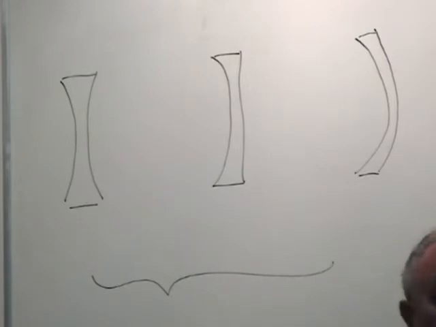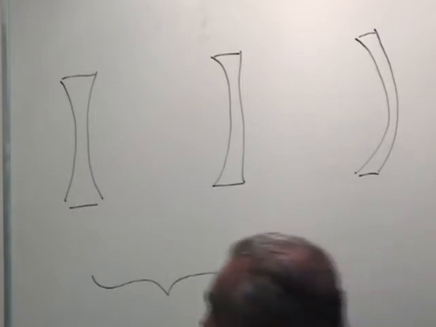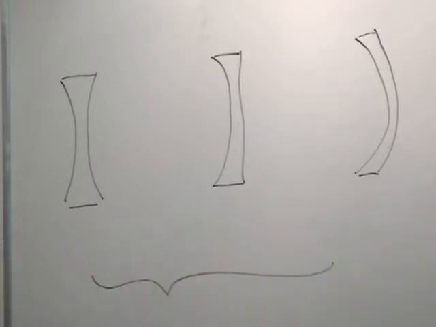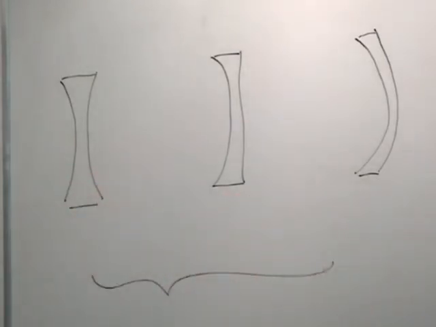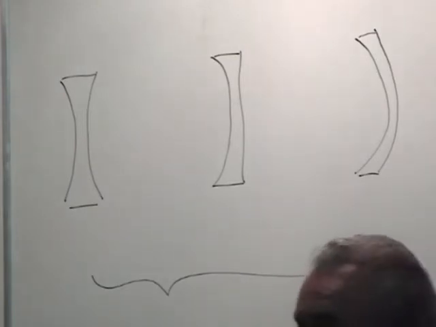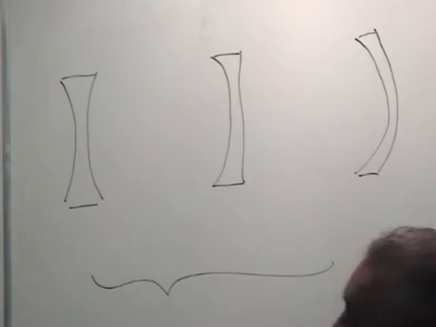I think he's saying it correctly if these old ears are hearing him accurately. That is, if it gets fatter in the middle, it's going to be a positive lens, a converging lens. If it gets thinner in the middle, it's going to be a diverging lens. All we care about, you and I, is what is the focal length. If it's a positive focal length lens, it's a converging lens, it has one of those three shapes.